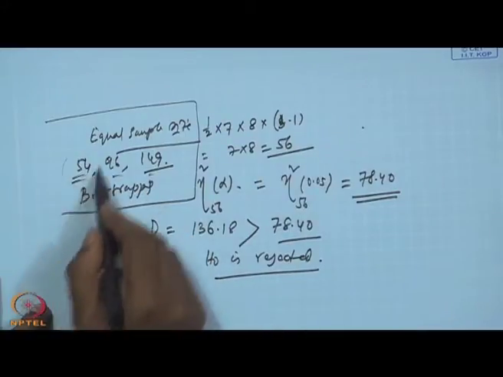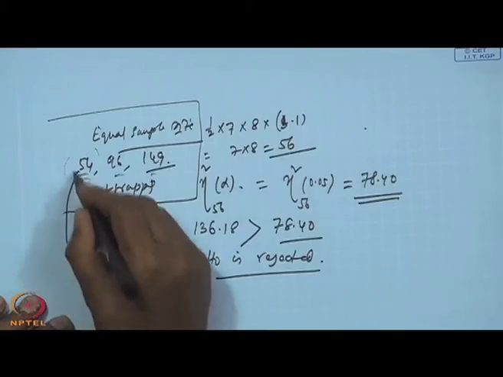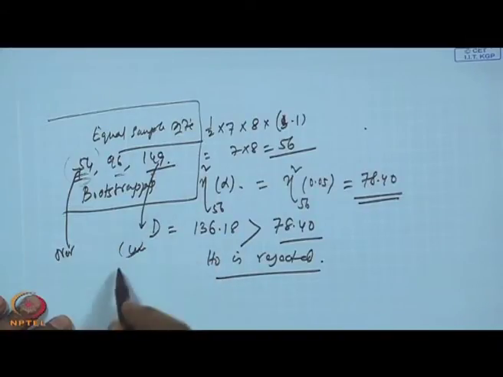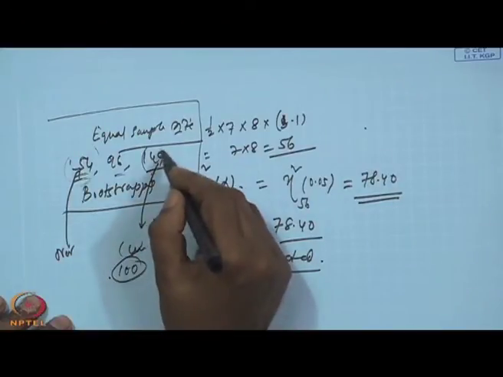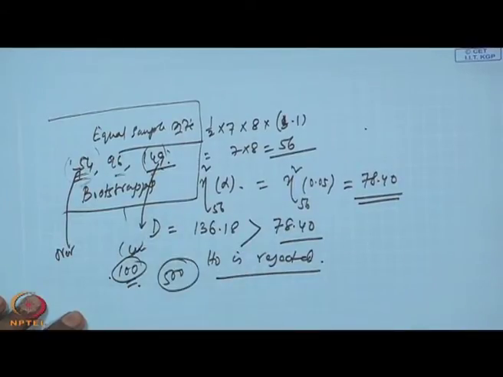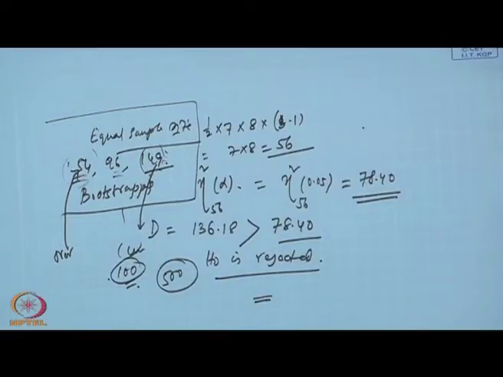Bootstrapping, what will happen? You will sample from this 54 with an assumption that the 54 is representative of the total population, and in that case here you do oversampling and here you do undersampling. Then you fix maybe, let us say, 100 data points. By doing oversampling make it 100, by doing undersampling make it 100, or if you want to say no, I want to make everything 500, that is also possible. Then in every case you go for oversampling and make it 500. So, once equal data points are available, then it is suggested in literature that even though covariance structure is not equal, you can still go for MANOVA.